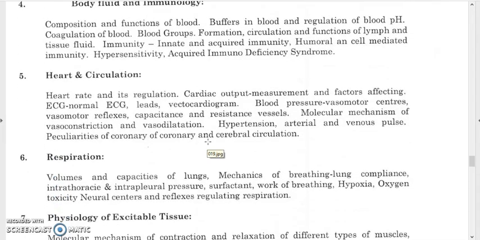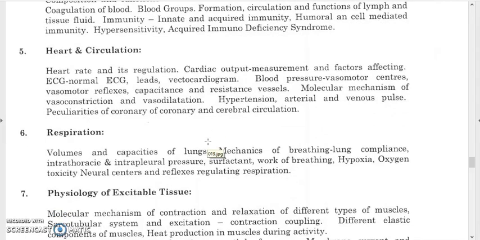You have to also study here heart rate and its regulation, cardiac output measurements, factors affecting the cardiac output, normal ECG, ECG leads, then vectorcardiogram, like in case of ECG, different waves, P wave, QRS complex, and T wave, blood pressure. And you have to also study here how to measure different types of blood pressure, we have a normal blood pressure